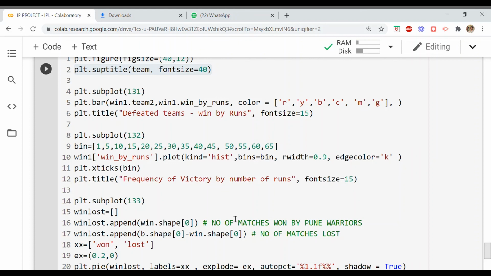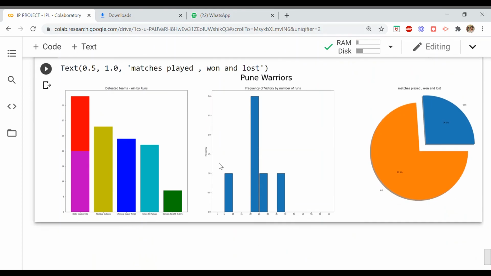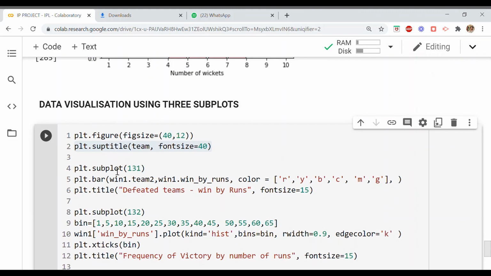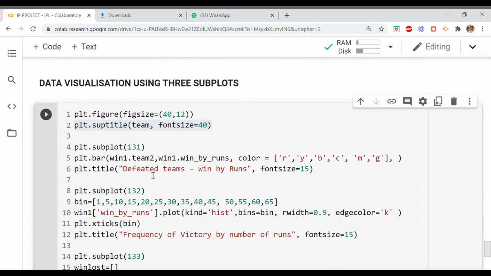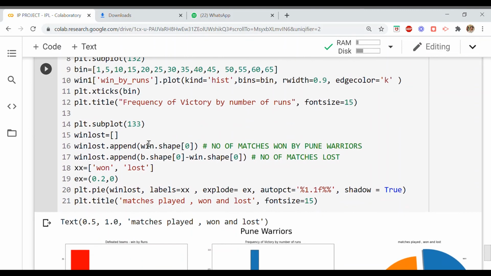So accordingly, how many graphs I want to plot in my one code together in the form of subplots, accordingly I will give a subplot argument value to all these graphs. So, because I am using three graphs over here, I am writing subplot 131 for the first graph, subplot 132 for the second graph, subplot 133 for the third graph.